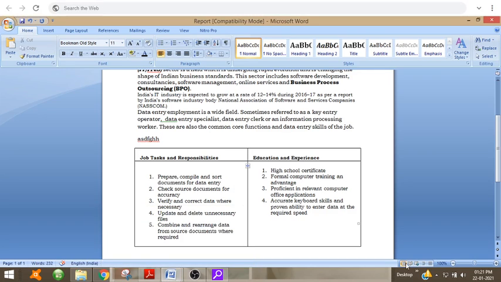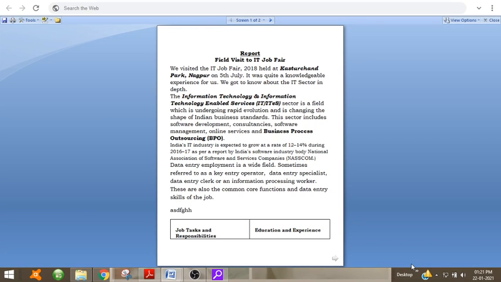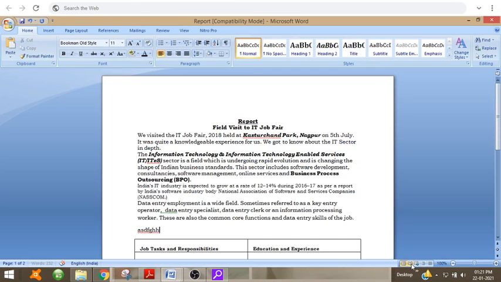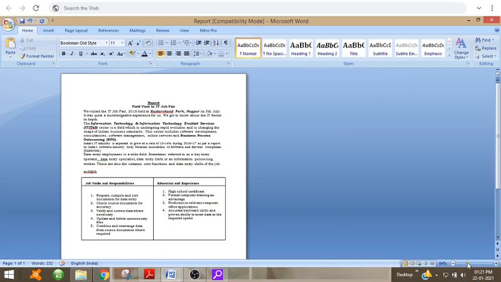So here you can see, if I click on this, it is shown single page. Now if I click here, full screen reading will be shown. Now to go back, you can click on Escape. Now here the zoom percentage is 100. Now this is the zooming bar, where you can zoom in and zoom out. Now if I click on this, it is 64%, and you can see the page is zoomed in, zoomed out.